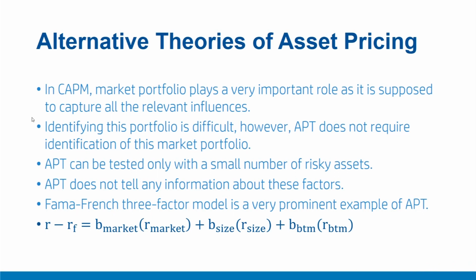First, market factor. This factor is proxied using expected returns on market minus the risk-free rate of interest. Second, size factor, which is expected returns on small stocks minus those on large stocks. Third is book to market factor, which is returns on high book to market stocks less those on low book